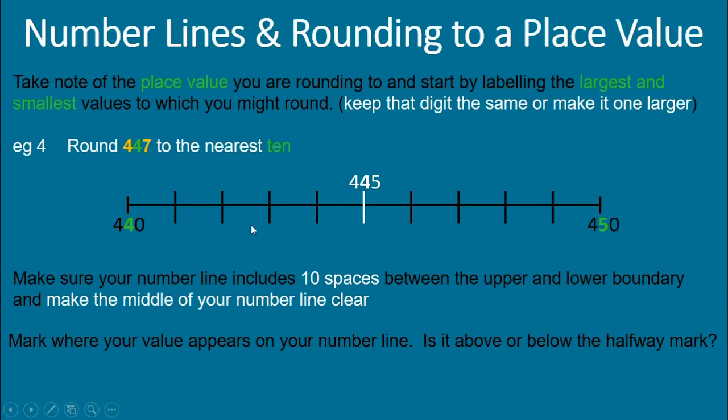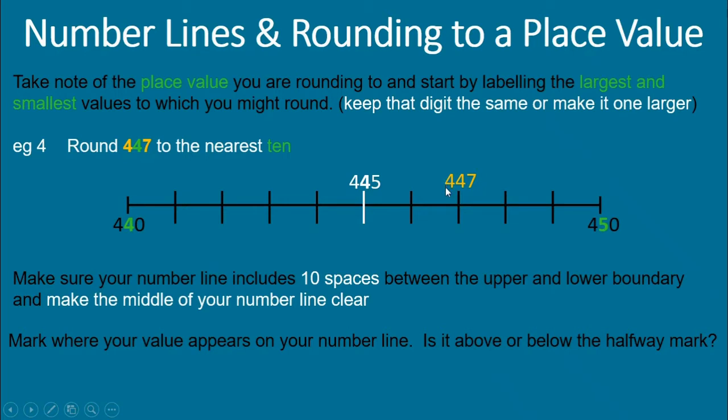That means each of these spaces must be jumping by ones. So this would be 441, 442, 443, 444, 445, 446, 447. That's my number. So I've labeled it on my number line, and I can clearly see that I've passed the halfway mark to mark my value,